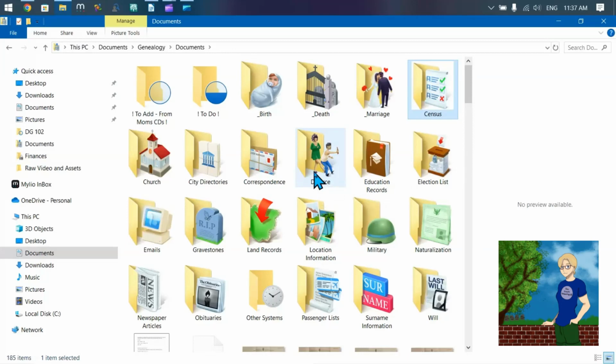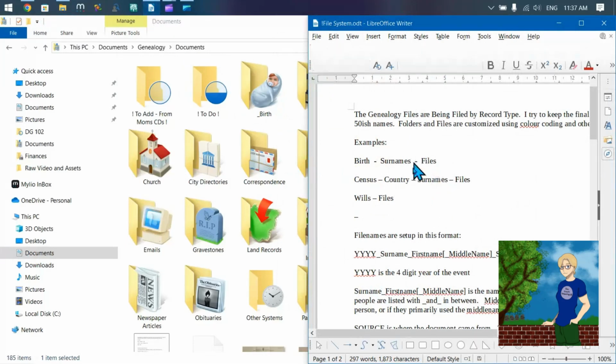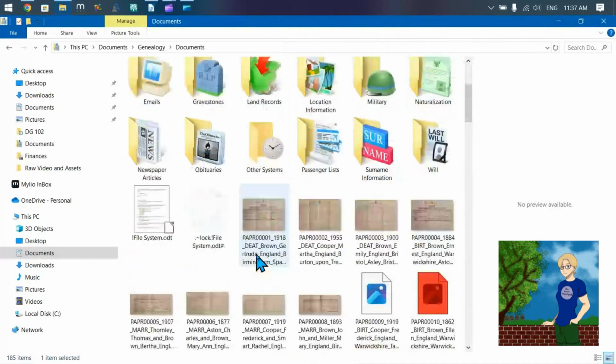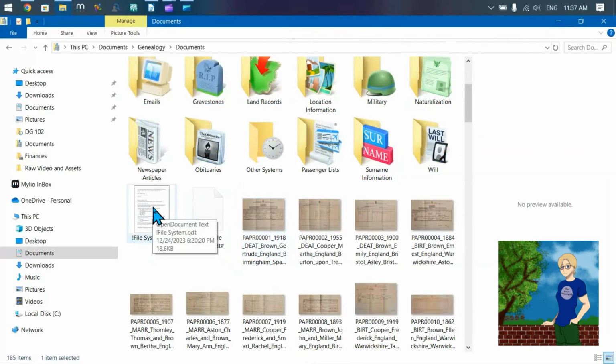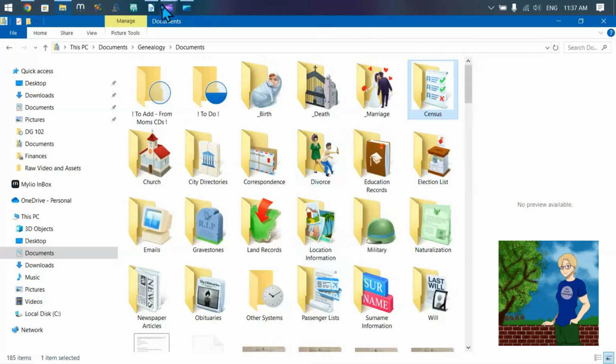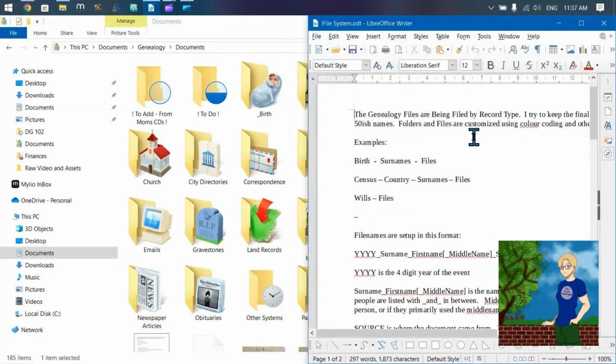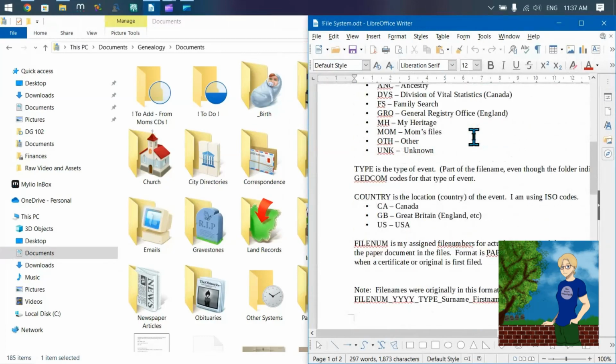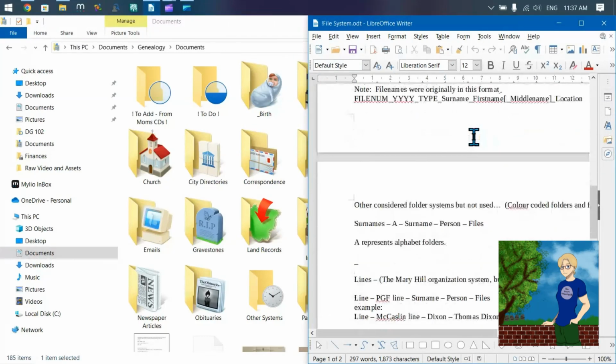Last thing I want to talk about is file names. And file names, again, are a pretty personal thing. Everybody likes a different system. One thing I found that is important is to write up what your system is so that you can be consistent. And I have this document right there. It's the first file in my genealogy documents folder. I wrote it thinking not just of myself, but of someone who might come